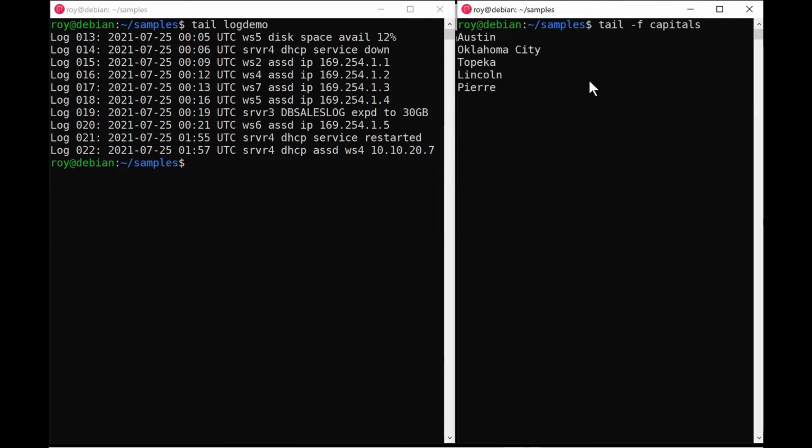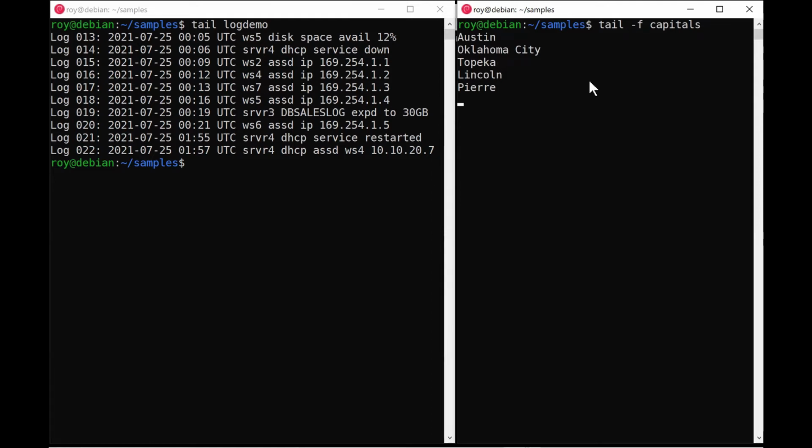As you can see, it shows 5 items. We're looking at the middle states in the US represented here, in order from south to north. So you see the Texas state capital of Austin, there's Oklahoma City, it goes all the way up to South Dakota, and you can see Pierre. Okay, well,